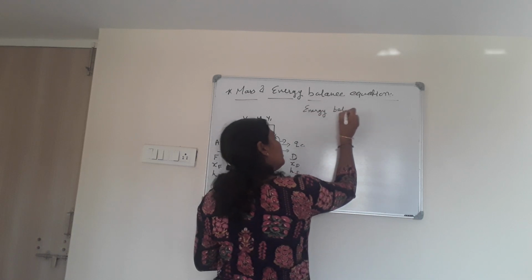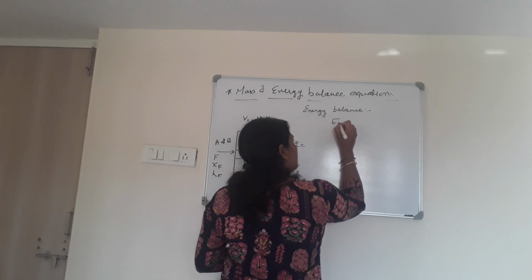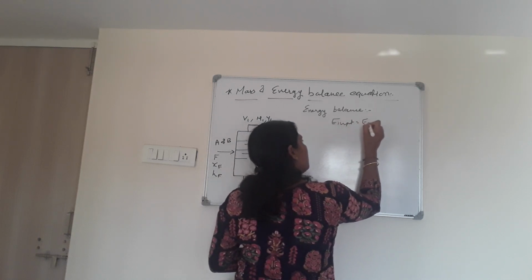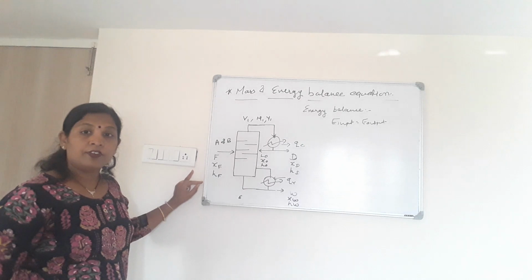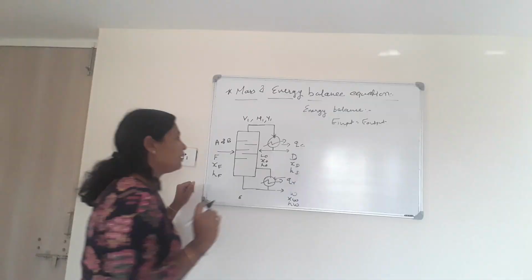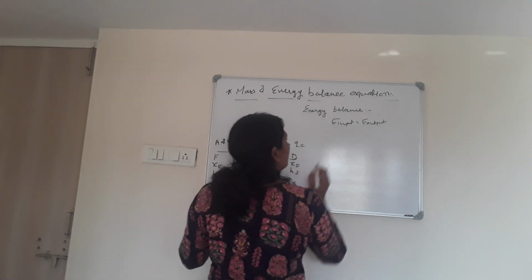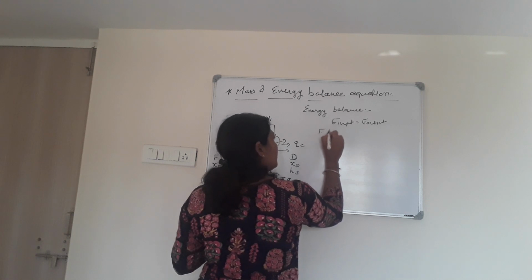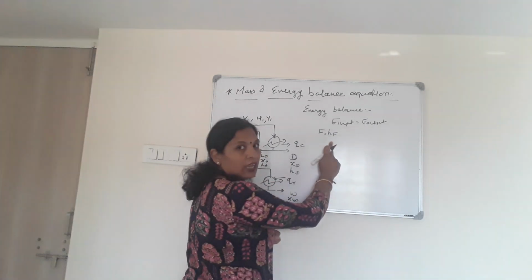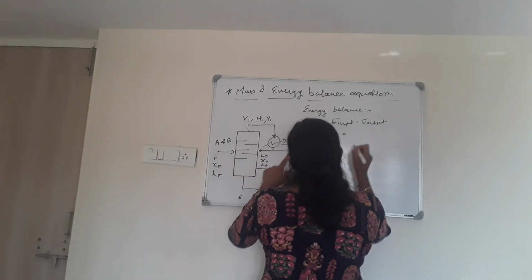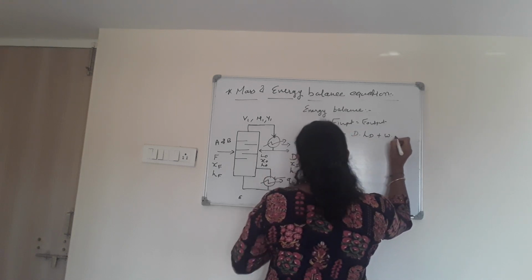According to the law of conservation of energy, energy input is equal to energy output. So what we are assuming over here is no loss of heat whenever we are doing distillation. In practice it is not like that, but we have to assume it here, and in that case the equation will be F into HF, where HF is the enthalpy of feed, that is equal to D into HD plus W into HW.